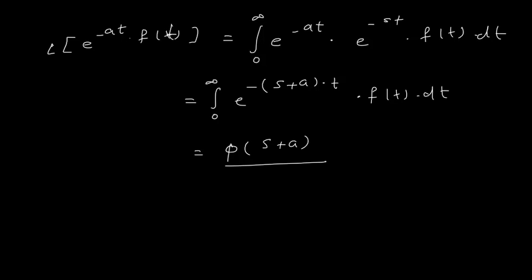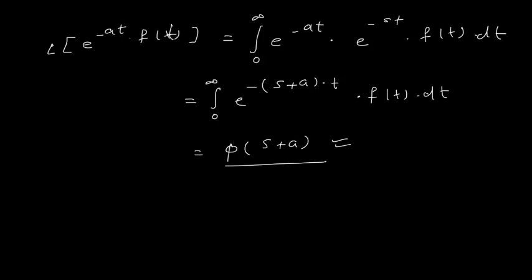By definition, what term are we writing here? The term which is in the power of e power minus st, we omit that and write the rest of the term. So Laplace of e power minus at into f of t is phi of s plus a. This is your proof. So let us see a few questions based on this.